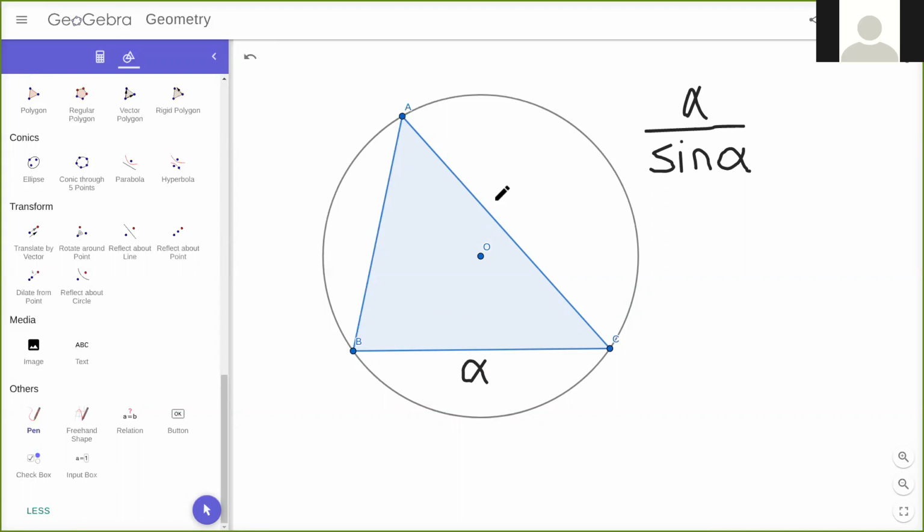Because to choose between this side or this side is a little arbitrary. They're both sides containing A. So we choose the side opposite A to be named little a, and then the side opposite B to be named b, and the side opposite C to be named c. And then we'll say this is alpha, and then this is beta, and this is gamma. So the law of sines is something,